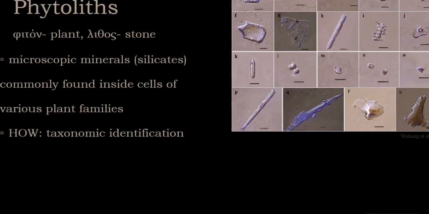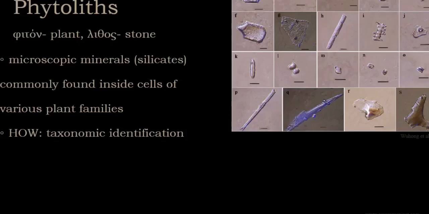They're quite heavy and dense, so they usually get deposited in the same place where the plant decomposed, unlike pollen grains, which are easily transported by air or water. Apart from all of these advantages, there are also some drawbacks in the studies of phytoliths, like the fact that not all plant species produce them, and that they can be quite similar sometimes. Also, they're not very well studied yet, and there are not many atlases and comparative collections to use in their